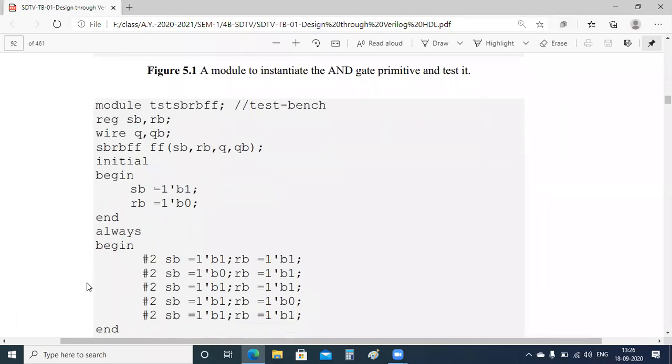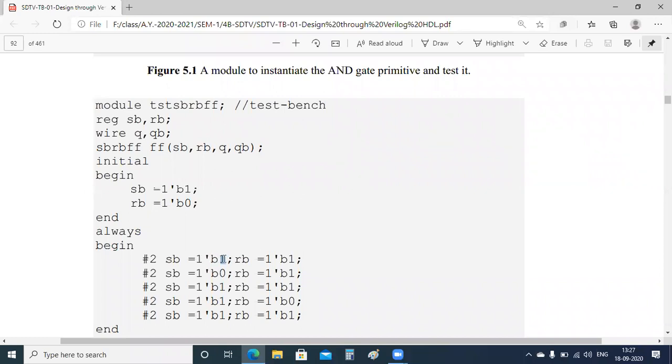Next, we will begin the always block here. After two units of time, we make SB as 1. The value we want to write is this one, SB is 1. This indicates SB is a single bit of binary type.